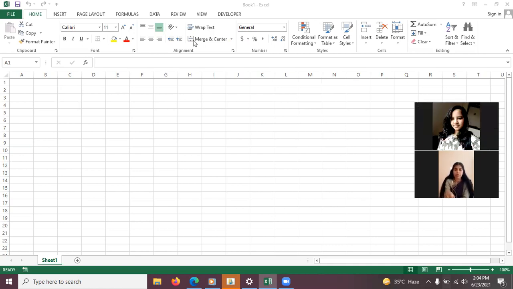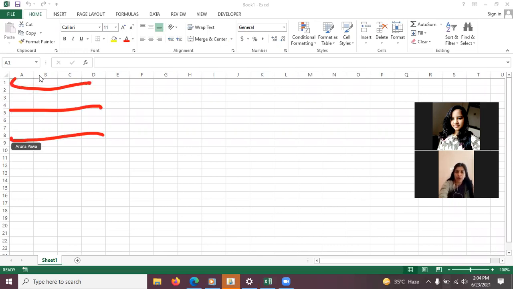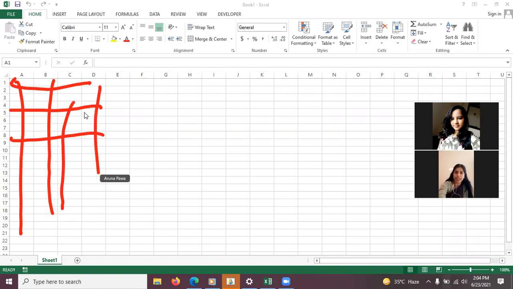It is comprising of rows and columns, as you can see on the screen here. Different rows are there and different columns are there. Rows are numbered horizontally, 1, 2, 3, 4, 5, 6, 7, 8, 9, 10, similarly. And in the same way your columns are named A, B, C, D, and so on.